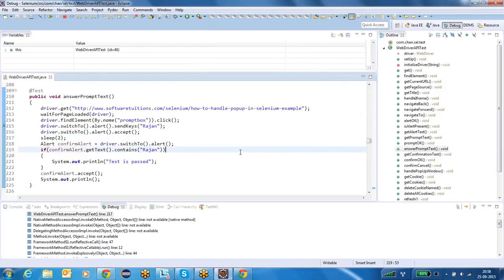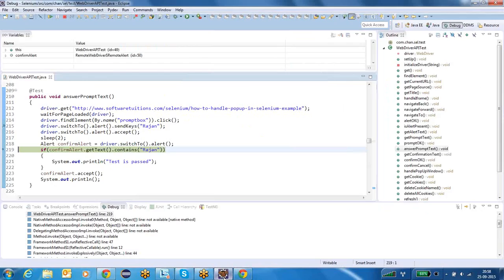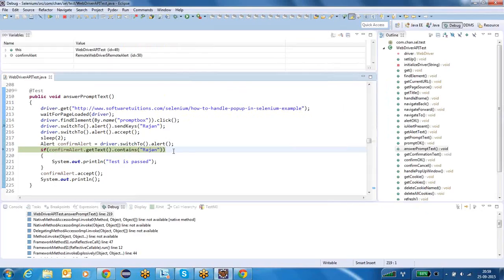Now I am switching to the next alert. I am calling driver.switchTo().alert() to switch to the next alert, and I am getting the message. I'm calling getText. If I call getText, I will get the message, right? And what I am doing here: if the message contains Rajan, that means my test case is passed. That means Rajan is entered there.